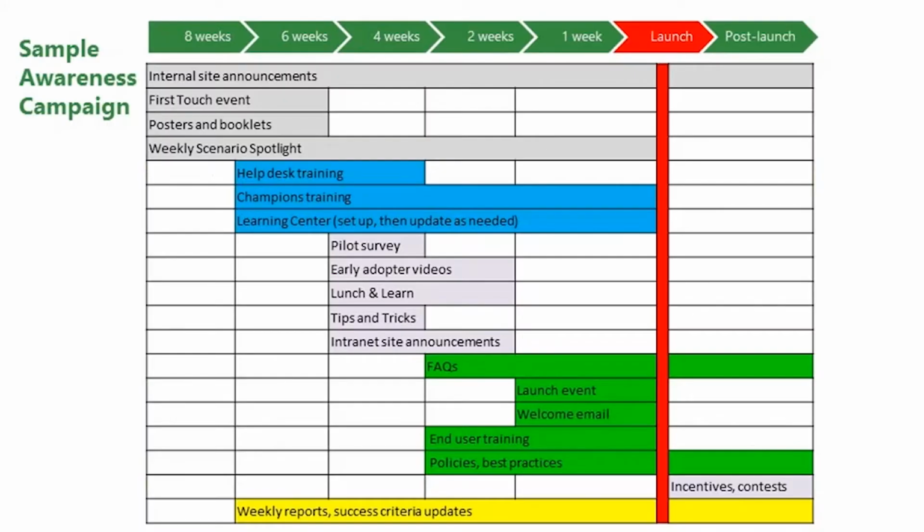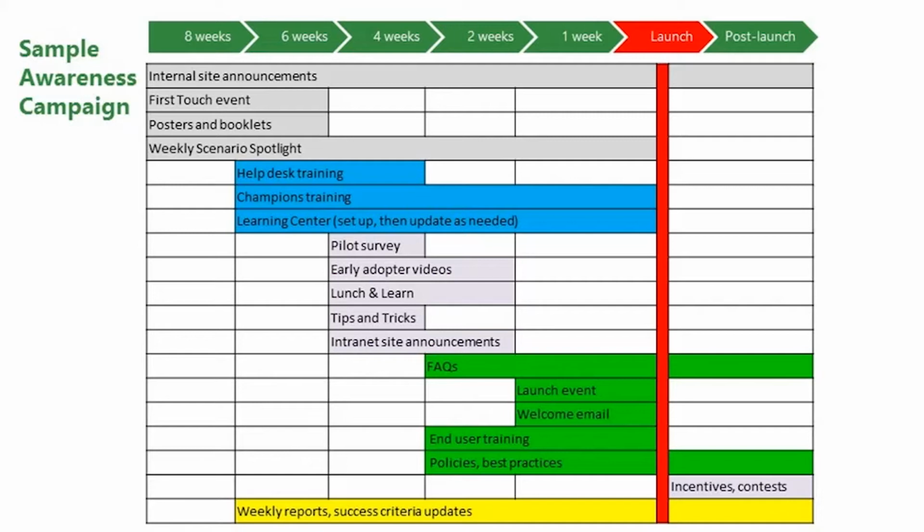This next slide is an example of a migration schedule that starts 8 weeks before launch. It incorporates the end user adoption stages that were explained on the previous slide. So here, 8 weeks out, internal site announcement starts, the excitement begins, posters, booklets, scenarios, spotlights, things to get everybody excited. Then the help desk training, the champion training, the learning centres set up, and everyone is still moving through